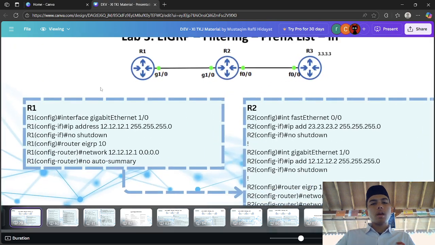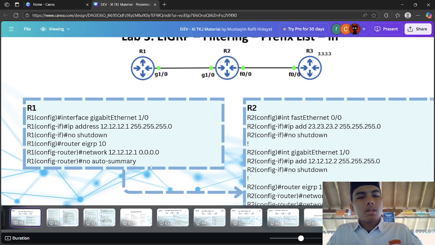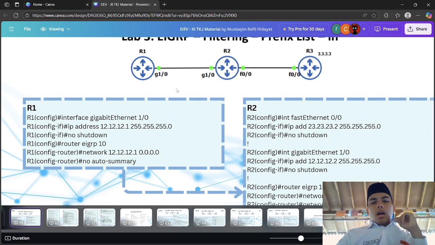Router 1 has an IP address for interface 1/0, which is 12.12.1.1. We activate the port and put it into the EIGRP protocol with network 12.12.1 and auto summary.